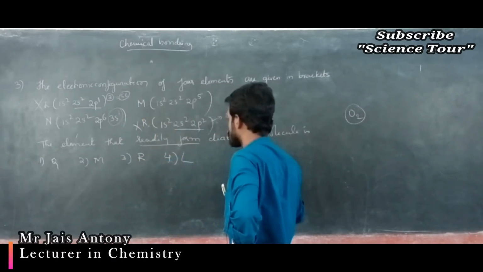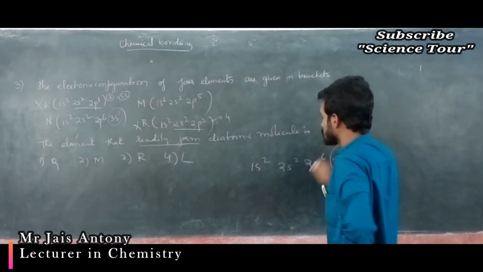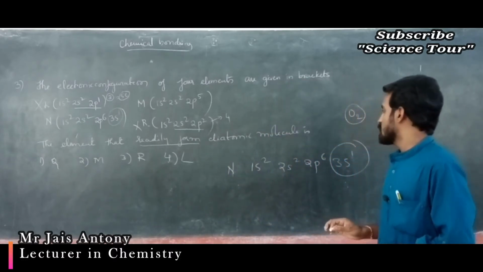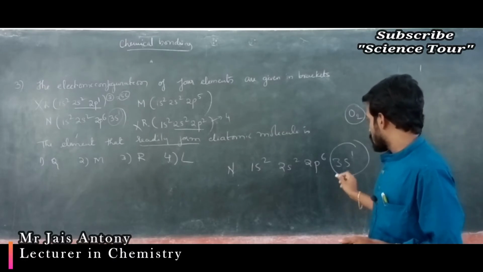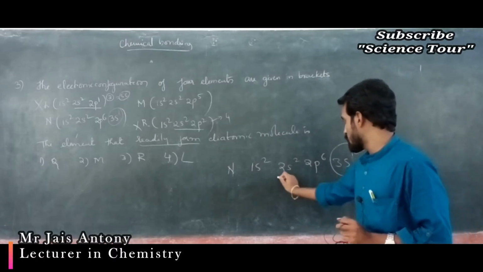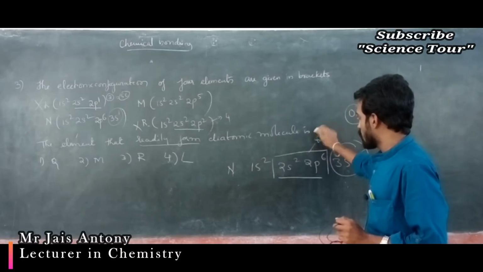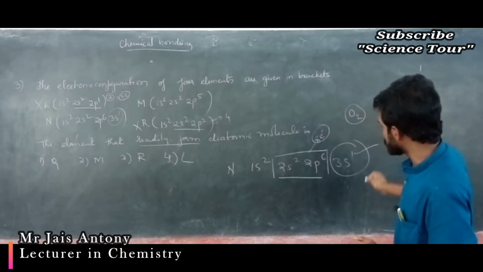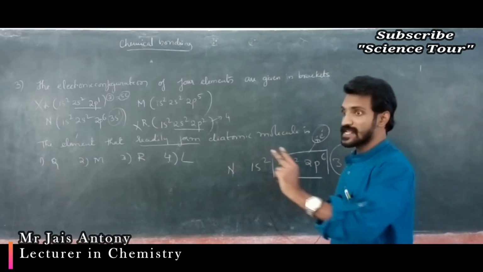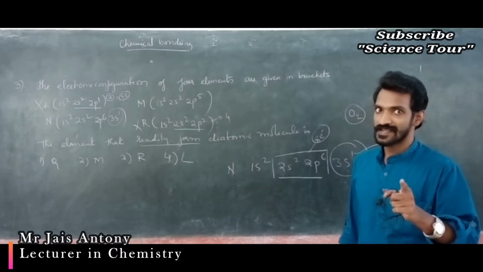See, I will write here 1s2, 2s2, 2p6. So what happens? This element is considered as N. Understood? Just consider it as N. This N element, what happens? By giving away this electron, it forms 2 plus 6, 8 electrons, octet form, correct? No, by giving away this 3s1 electron, okay, very important, it is not sharing.